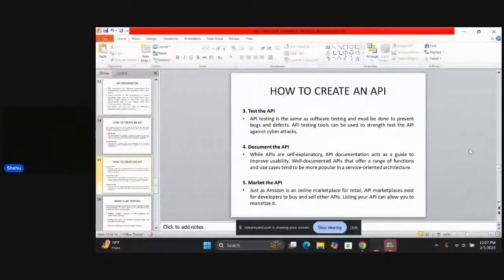API testing tools can be used to test the API against cyber attacks. See, this is another very key thing you should always look at: cyber attack. Presently, every single thing you are doing will be connected to the internet. Even if you're not connected to the internet, you have to always look at cyber attacks. You have to always be cyber conscious,